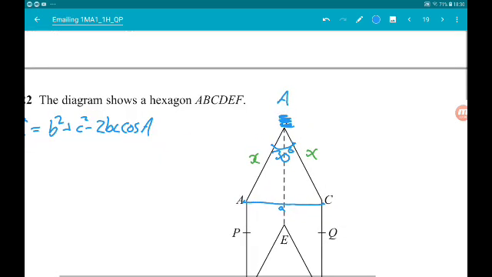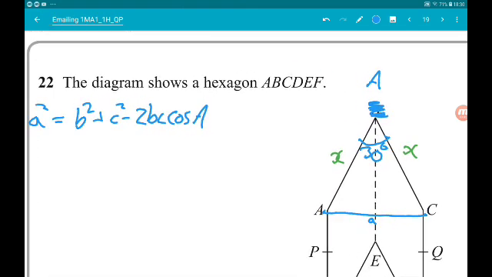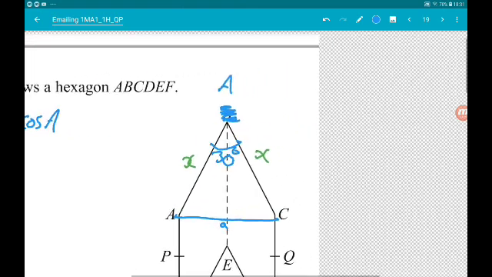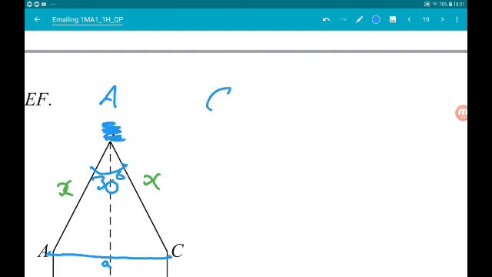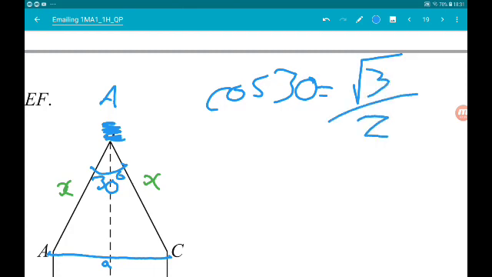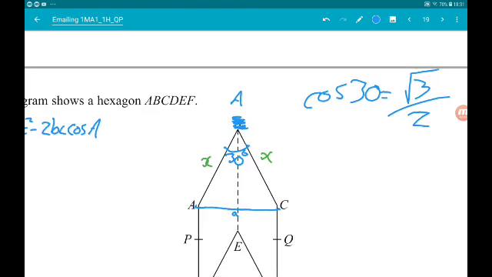So, what we're also going to need to know here is one of our exact trig values, which I'm not going to go over how to work out here. After this paper, I'm going to make a brand new video explaining how to work these out. It's linked down below, check it out. So, we are going to need to know that cos of 30 is root 3 over 2. Again, if you don't know how to work these out, check out the video down below. Okay, so using everything that we know